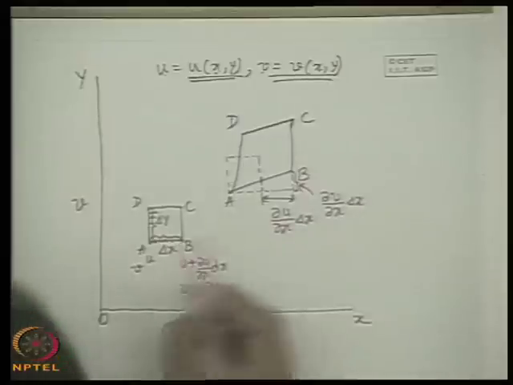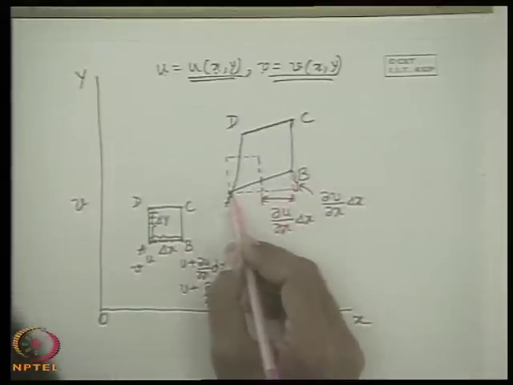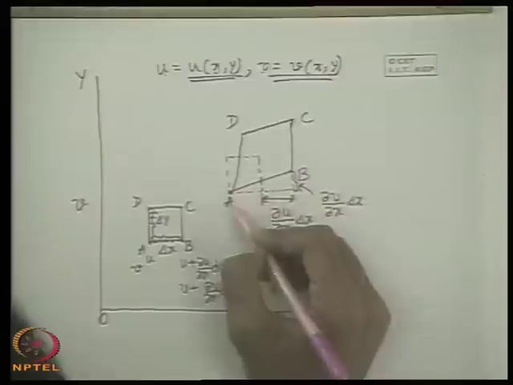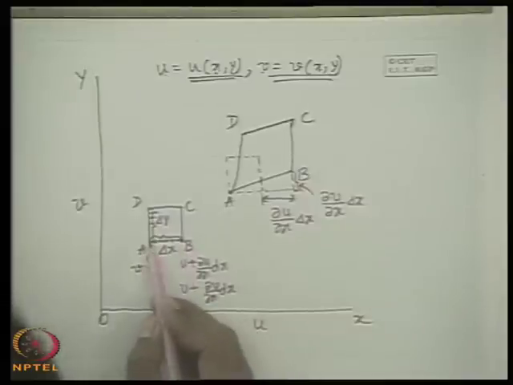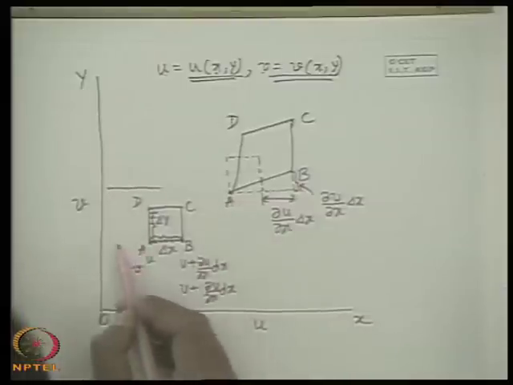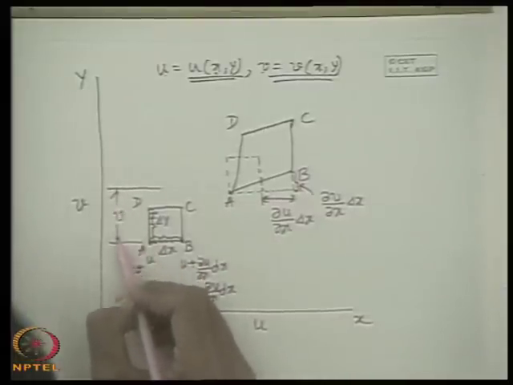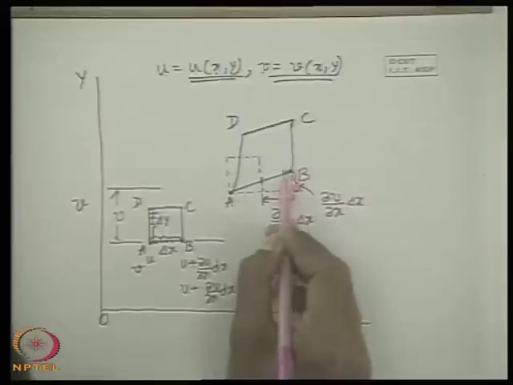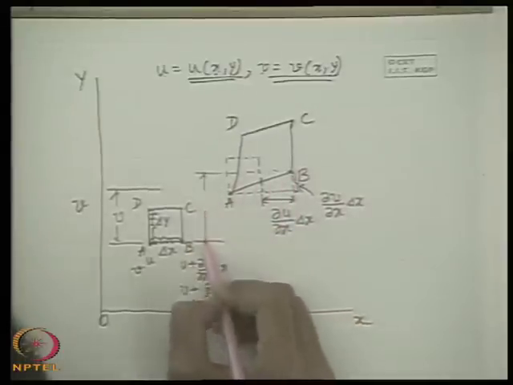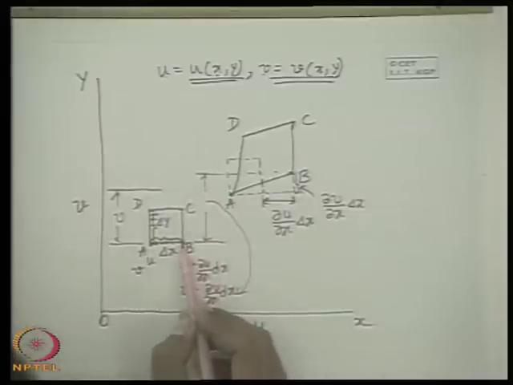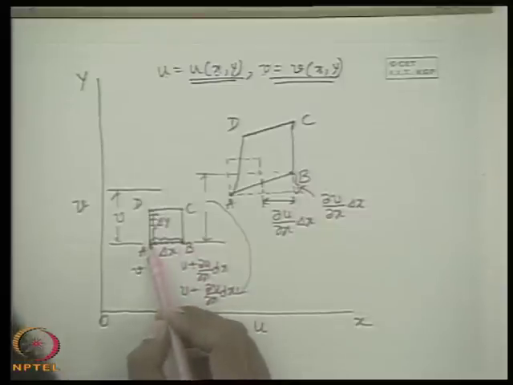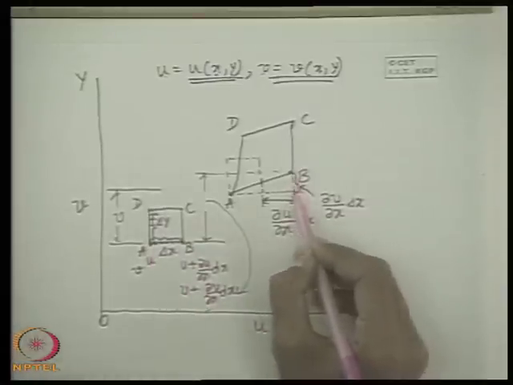Very good. This is because of the relative displacement of B with respect to A per unit time. If you consider this position after unit time, it is nothing but the extra velocity v which the B point has over A, that is v plus del v. That means if A moves with a displacement per unit time v, then this B point will move, if I take a projection here, by this value, that is v plus del v del x dx, because this has a higher velocity in the y direction with respect to A by this amount. So this will be the relative displacement.